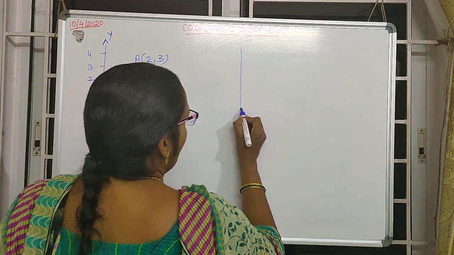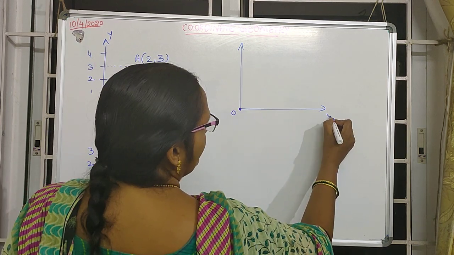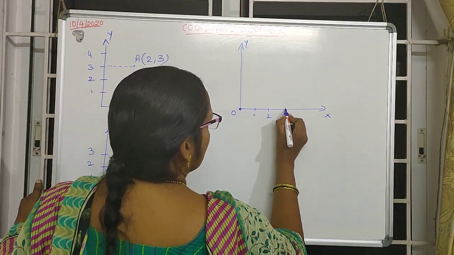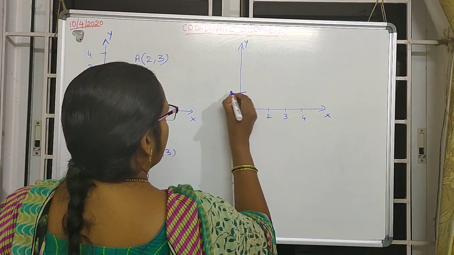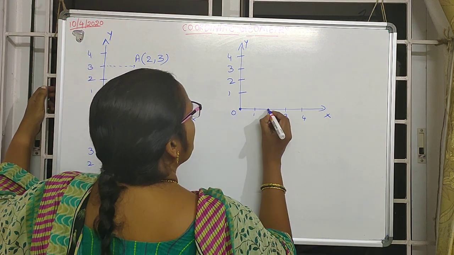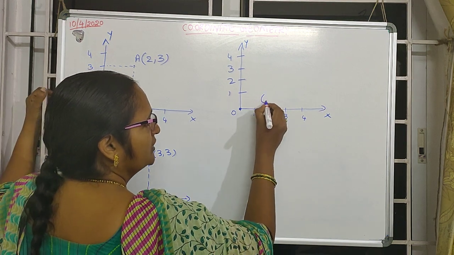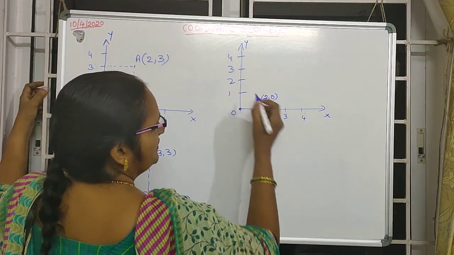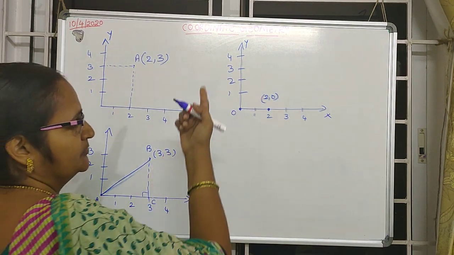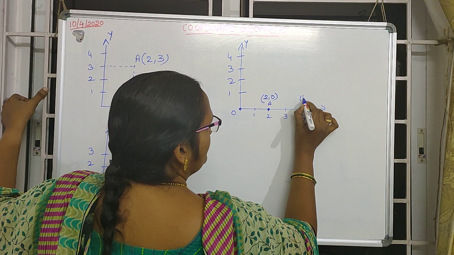Suppose in the next one, I am taking 2 points on the x-axis. This one is the origin O, where both the x-axis and y-axis meet. Now this is 1, 2, 3, and 4 on the x-axis, and 1, 2, 3, and 4 on the y-axis. Now I consider a point lying on the x-axis. A point which lies on the x-axis is in the form 2, 0, and a point lying on the y-axis we can consider as 0, y, or 0, 4, suppose, depending upon the values. Now another point I am considering as 4, 0, this is B.